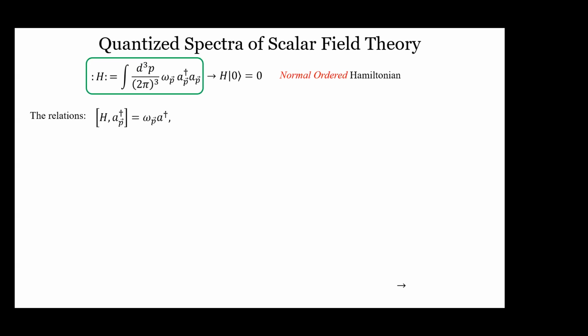Right. Now, the commutation relations of H and A dagger: you commute, you get this omega P A dagger. And with A, you get a relative minus sign. This still holds for this Hamiltonian. So our theory doesn't need to be modified too much. It's still working. So then how does this work? Well,